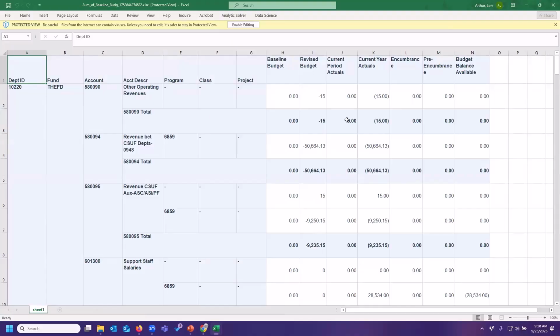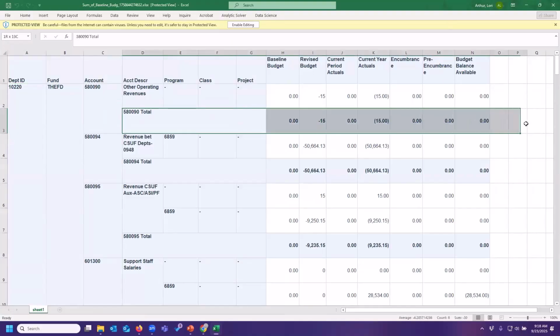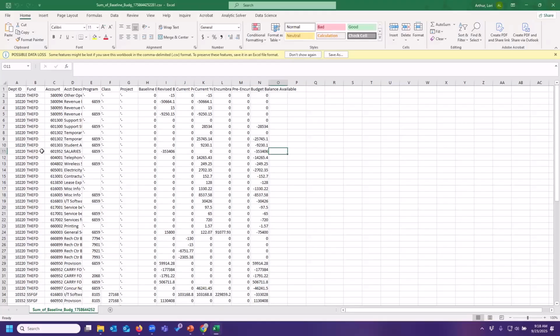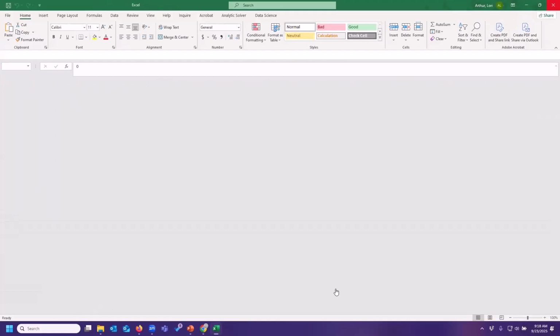And this is almost impossible to start sorting or doing anything because you've got all these subtotals in there. So neither one is right or wrong necessarily, but I feel like if you're exporting, the CSV is probably the better one to do.